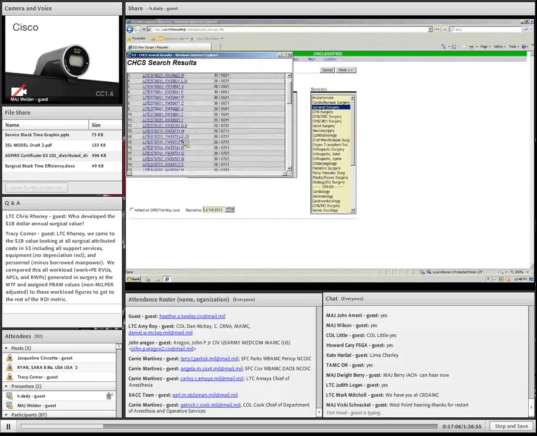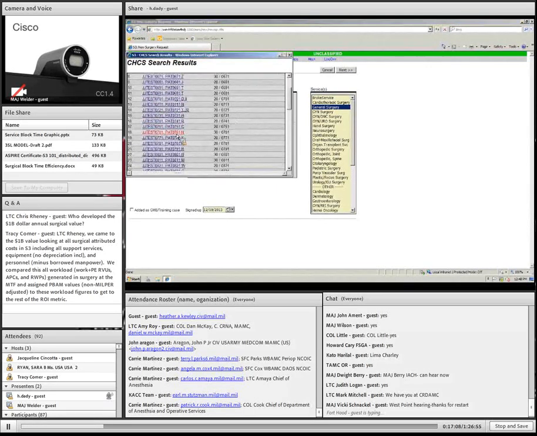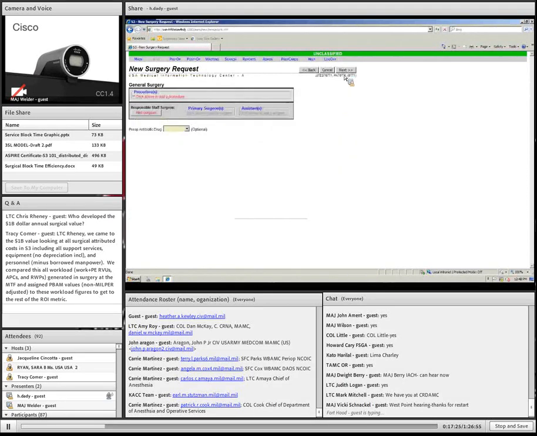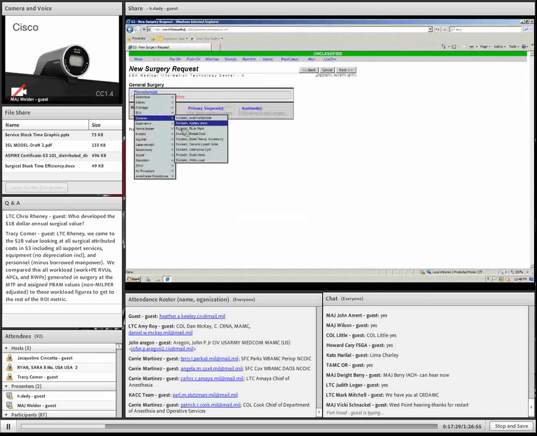We have a lookup from CHCS. I locate the patient that we're going to perform our surgery on, pull them up, identify which mission they have. It will automatically default to the surgical service that we work with that's in the system as our primary. Click Next. Here we can then select the procedure that's being done